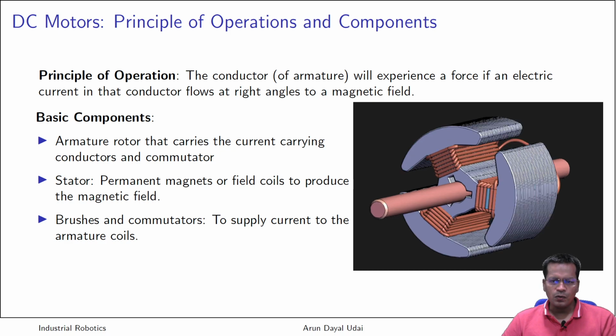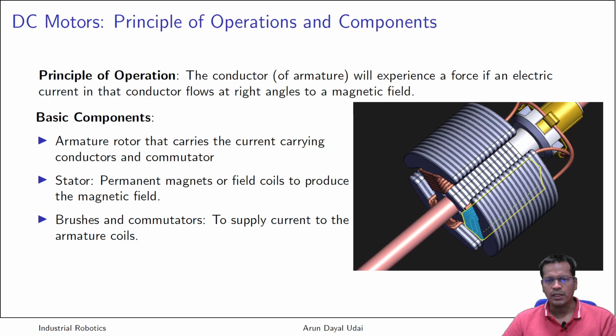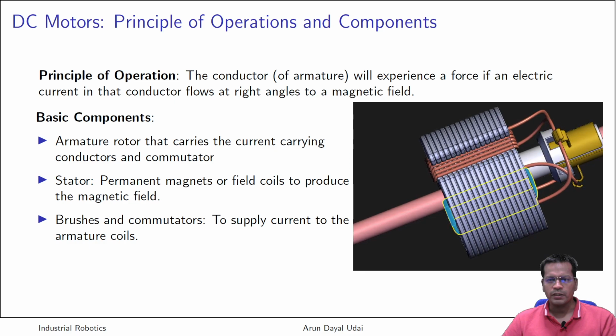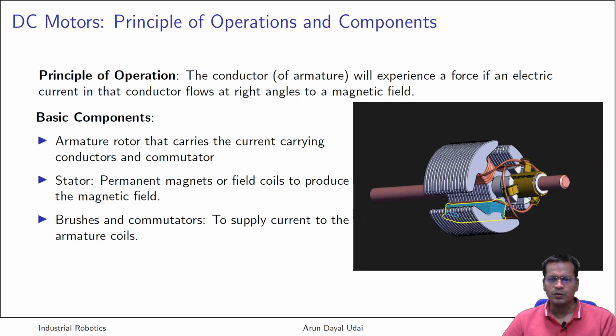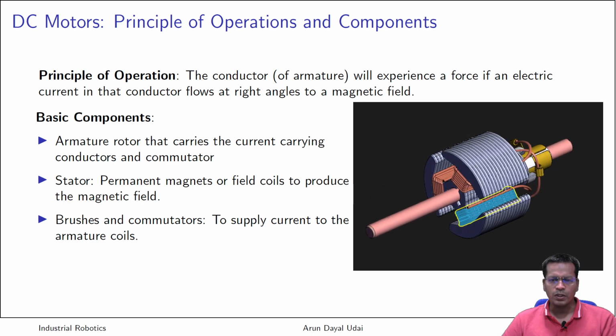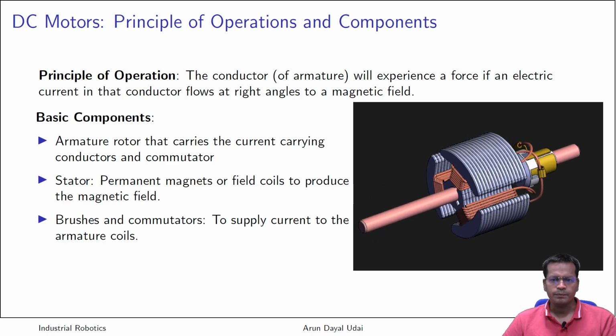Okay. So now let us say these are the coil bunches. This is one, this is another one, and you also have the third one. These are the coil bunches which are connected. So that is the magnetic coil, and that is connected to these commutators. So now you understood how a motor would look like inside if it is open, and basic functioning we will talk about in much detail now.